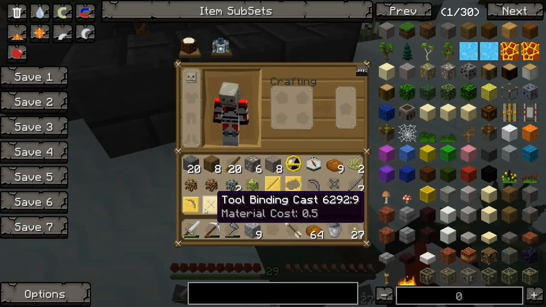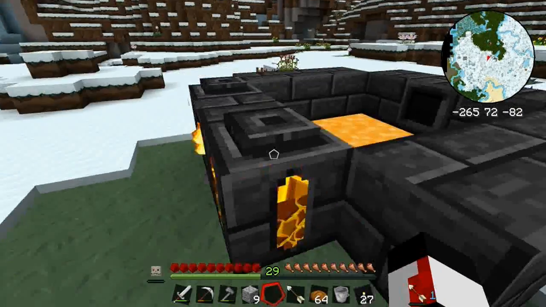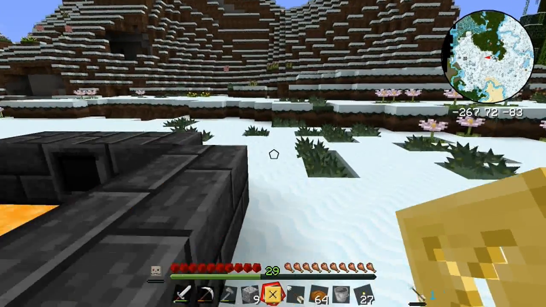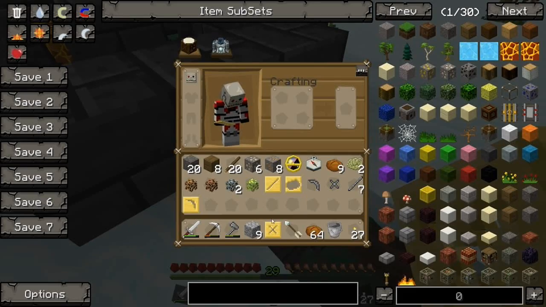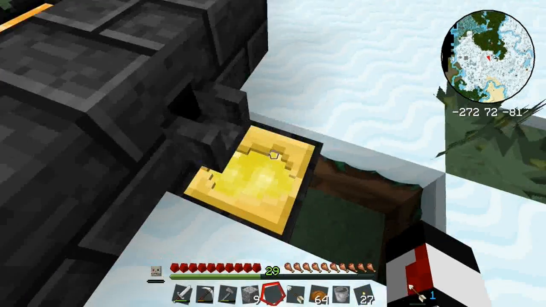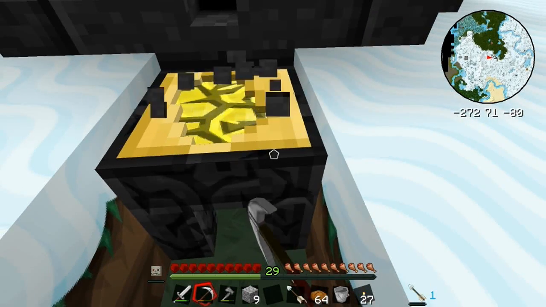Okay, so there you have it. You have casts. You put the casts in the casting table, and then you pour whatever molten metal you want out onto it. As you can see, I got a bunch of nuggets worth in there. You can just pour that out into an ingot cast, and it won't actually do anything because you only have 2 nuggets and not a full ingot's worth. So yeah,